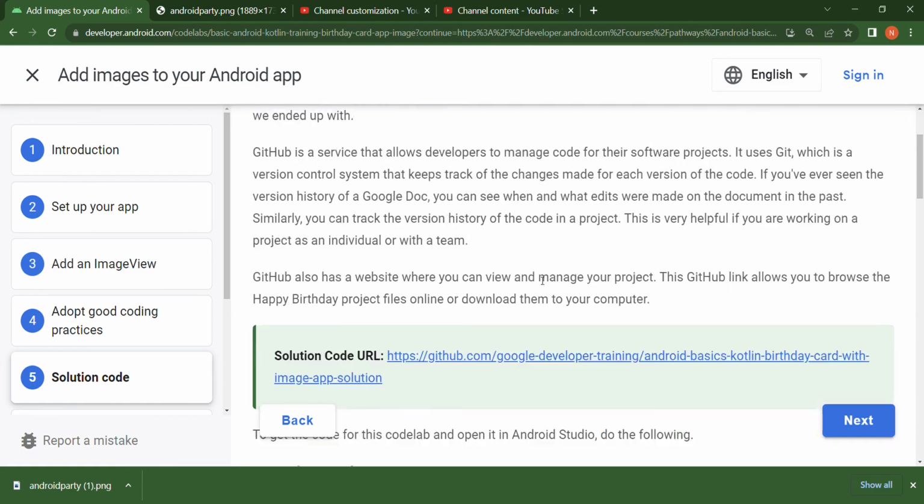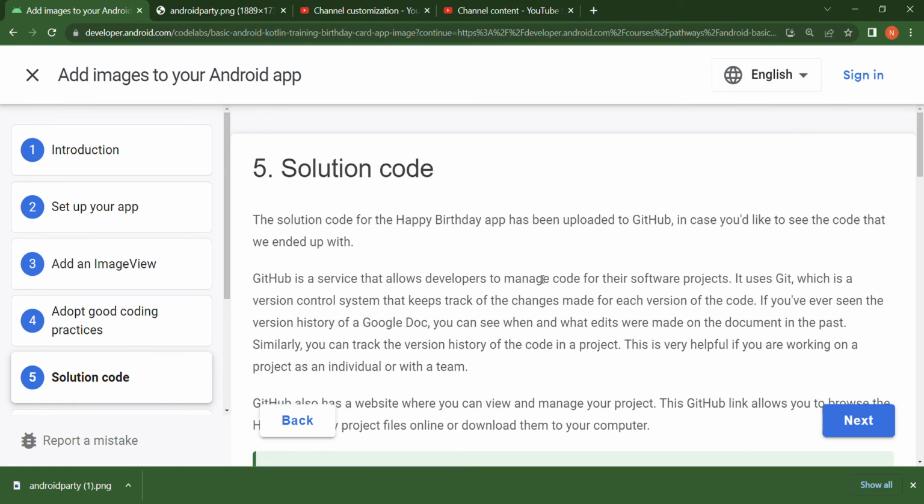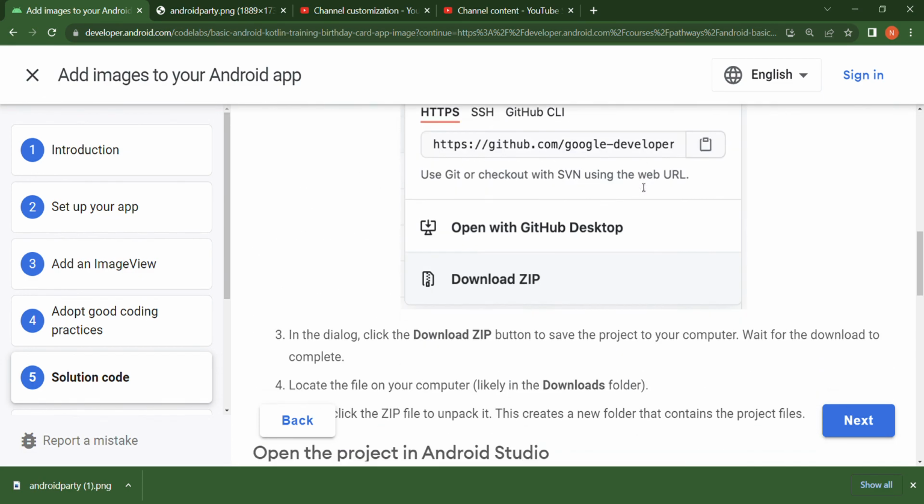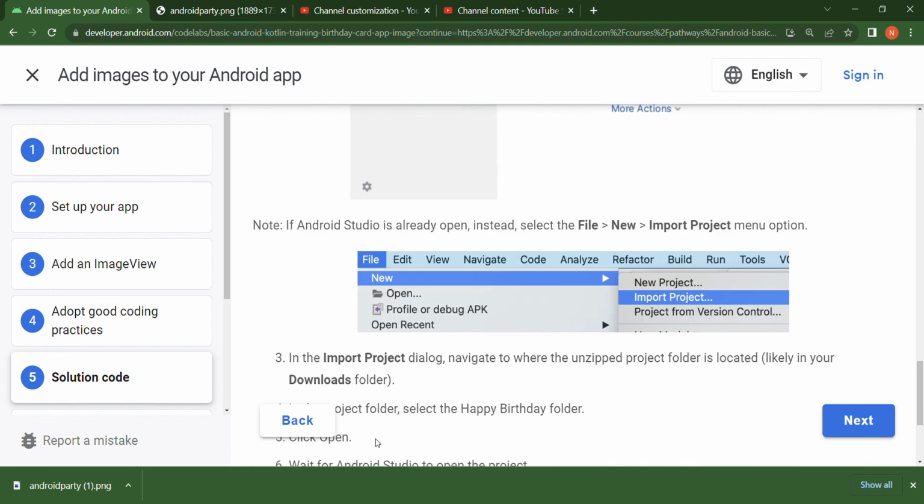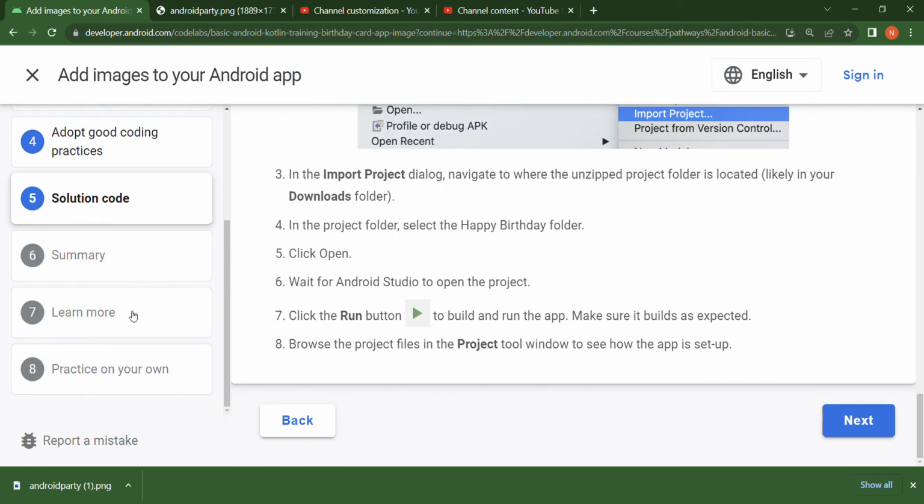Alright, so that's the solution for happy birthday has been updated, so you could download the solution code and open it to check against yours if you want. Alright,